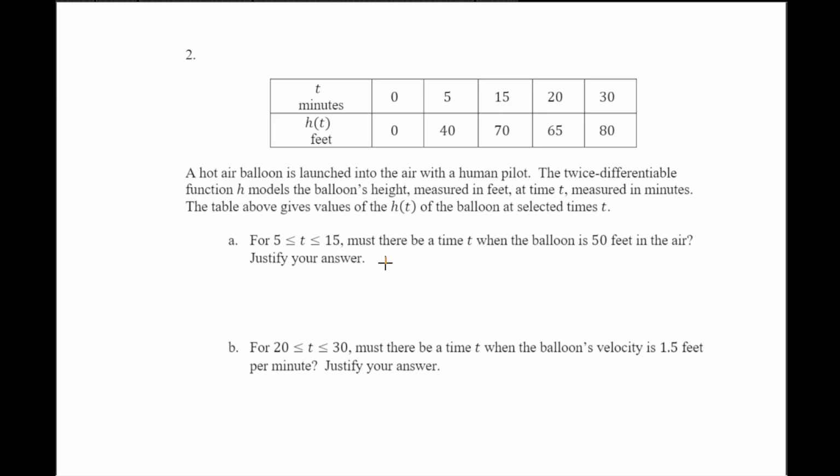At the 5-minute mark, h of 5, the balloon was at a height of 40 feet. At the 15-minute mark, the height of the balloon was 70 feet. So 50 is in between 40 and 70, because if you start at 40 feet, you had to have passed 50 feet in order to get to 70 feet. So according to the IVT,